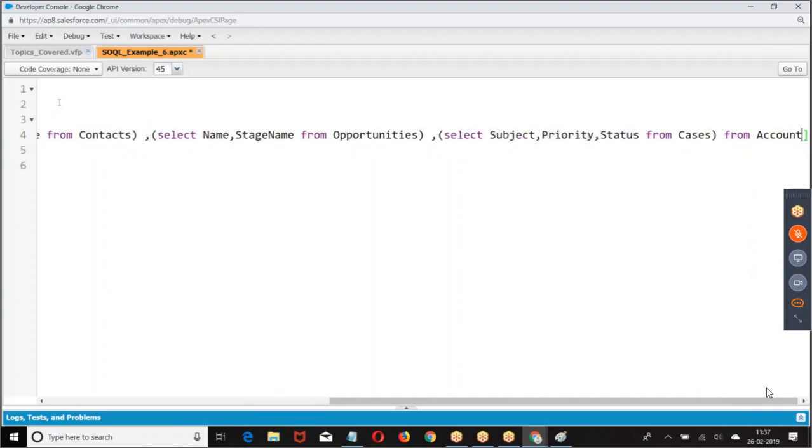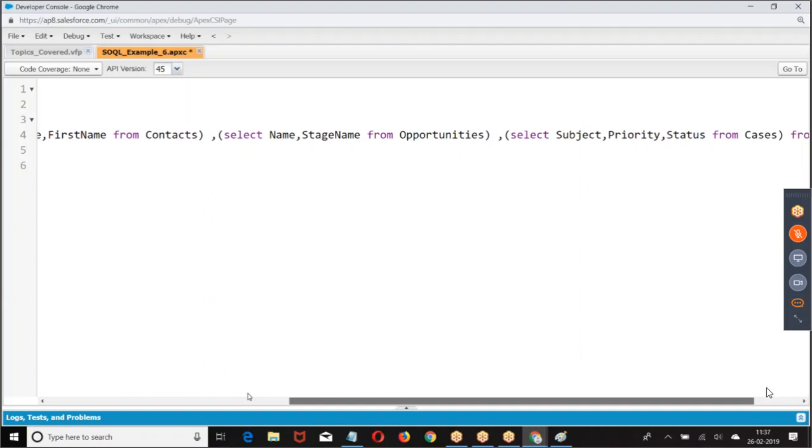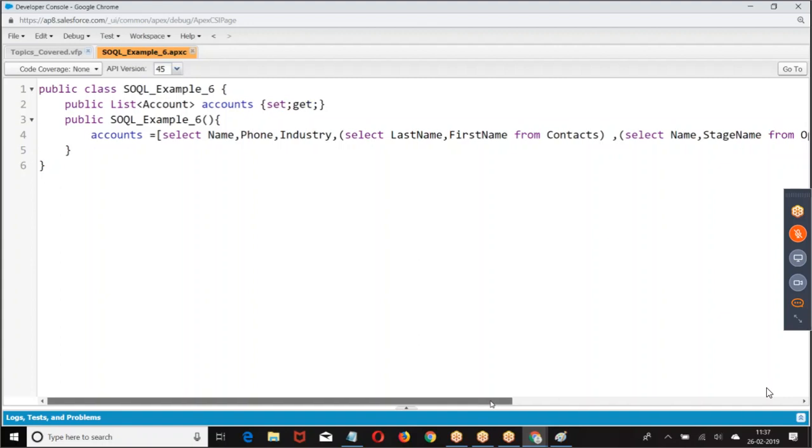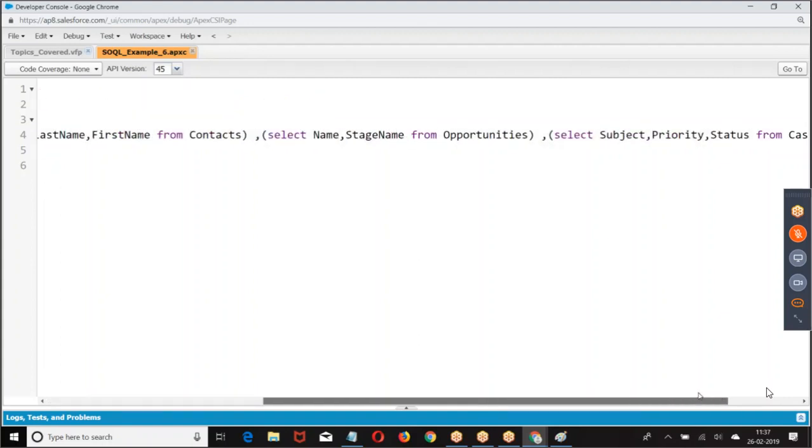Account, list of corresponding contacts, list of corresponding opportunities, list of corresponding cases. We can fetch multiple child objects in a single SOQL query: account with a list of contacts, list of opportunities, list of cases.